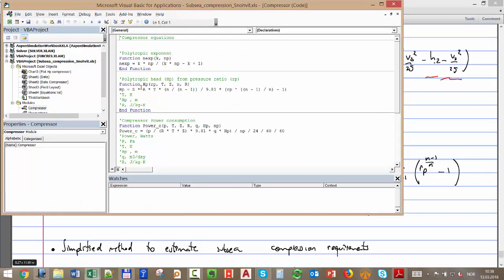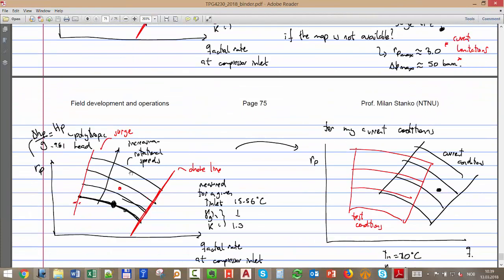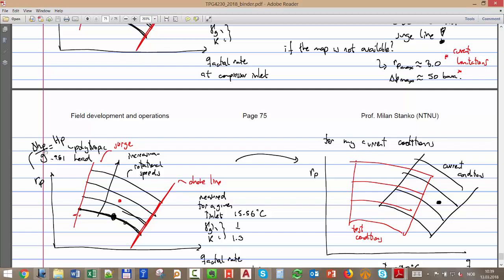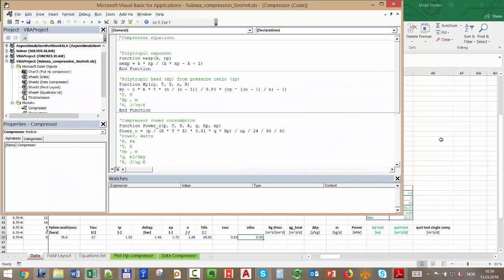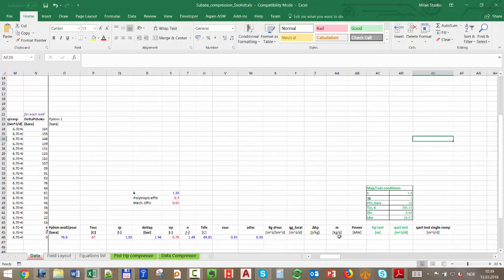Okay, it's this one, but if you see, I have programmed actually the head, which, if you remember, is the enthalpy difference divided by gravitational acceleration. So to find it, I can use the same formula, I just have to multiply times g. So let's use that equation. Let's see, what do we need? It's called HP, polytropic head,